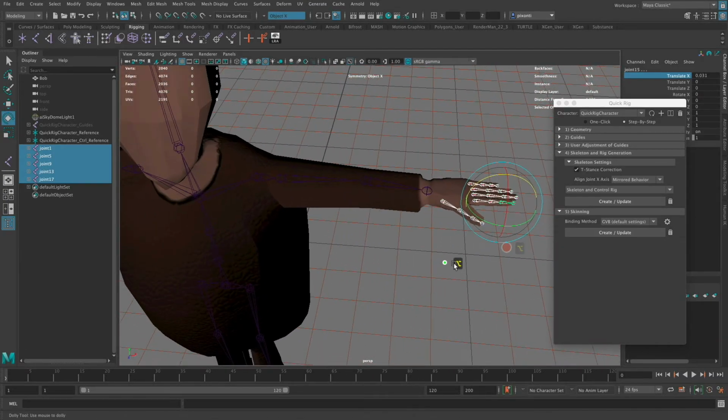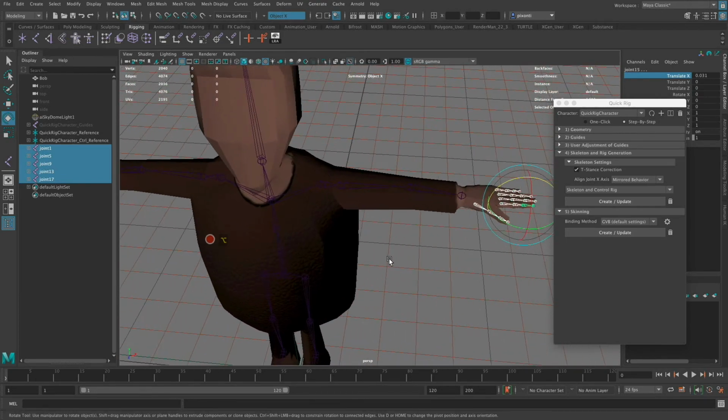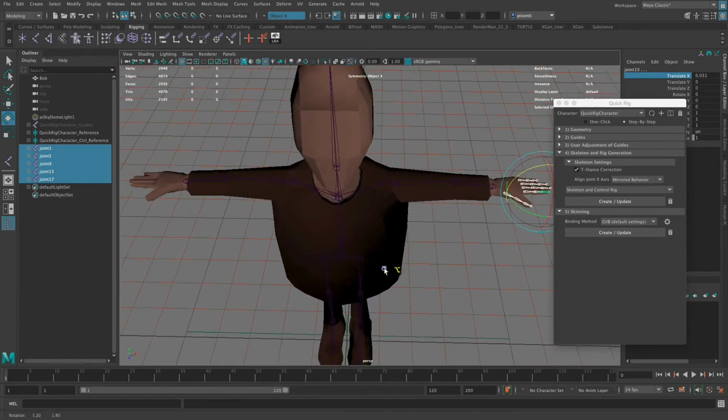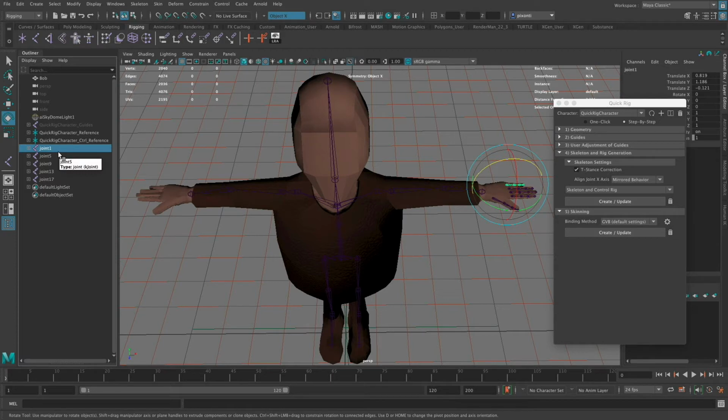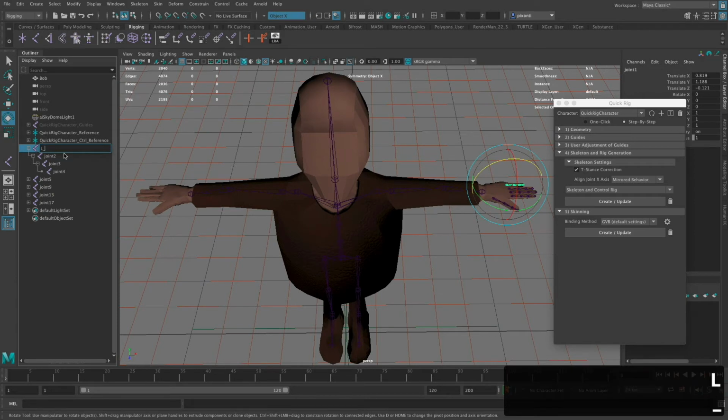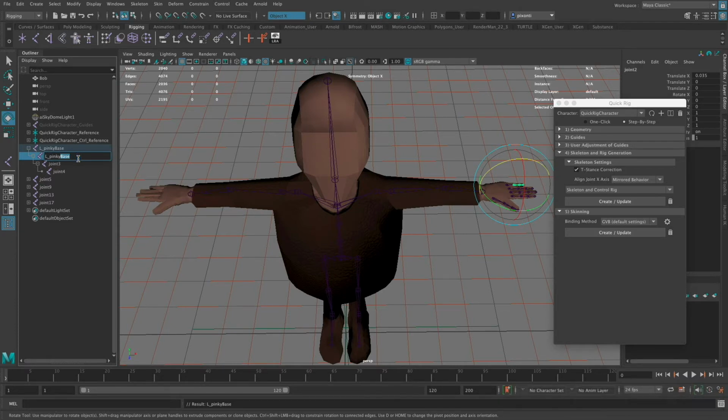So once that's done, you'll notice that I don't have them on the other side. So what I want to do is mirror these joints. Okay, so I need to make sure that I'm naming all my joints. And so this is going to be the left-hand side, right? So these are all the left, this is left pinky. So I'm just going to start it with an L underscore pinky. And I can give it base. I'm going to copy that, go to the next one, paste it in, left pinky mid,